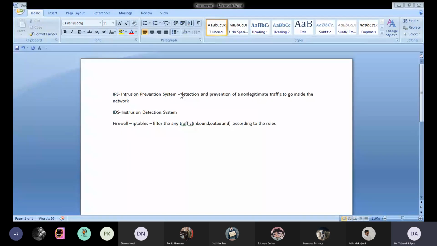When you take care about the intrusion prevention system, it could be the device or the application as well. The responsibility is to monitor. See, the firewall is going to filter out. IPS is going to detect and then prevent. And IDS is not going to do anything. IDS is just going to monitor the traffic. That means what? It never,